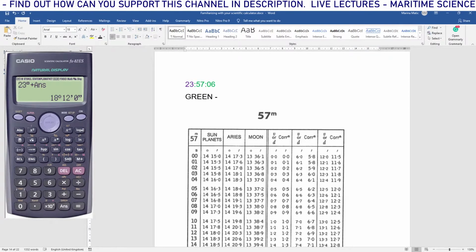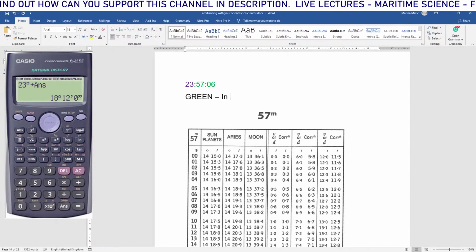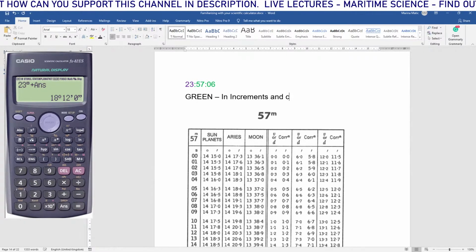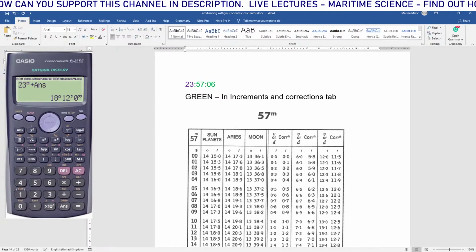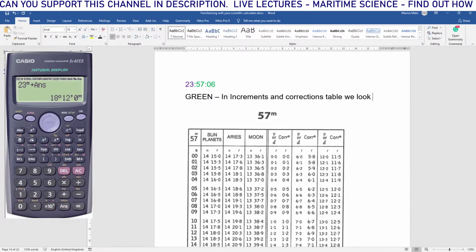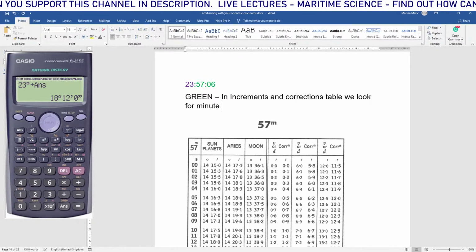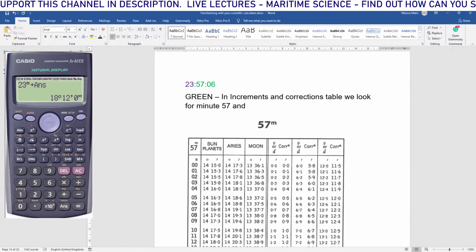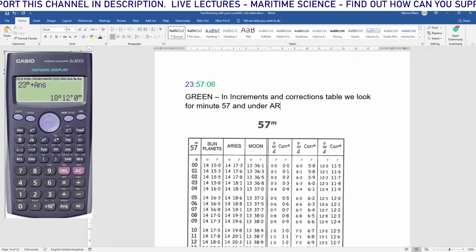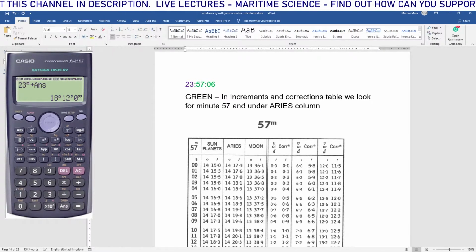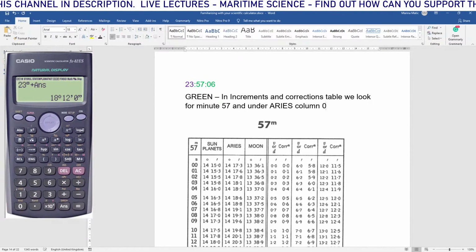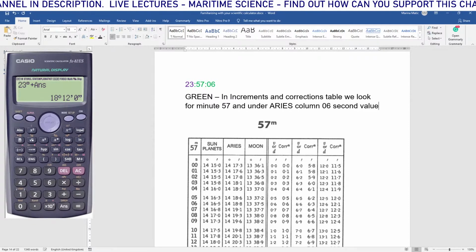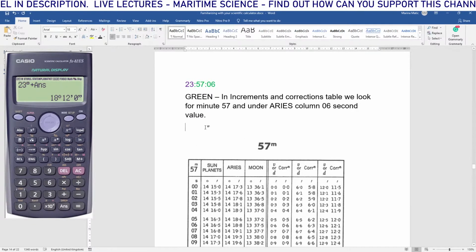So green. In the table, how are we going to use the increments and corrections table? We look for minute 57, and under the Aries column, 0.6 seconds value. Okay, so